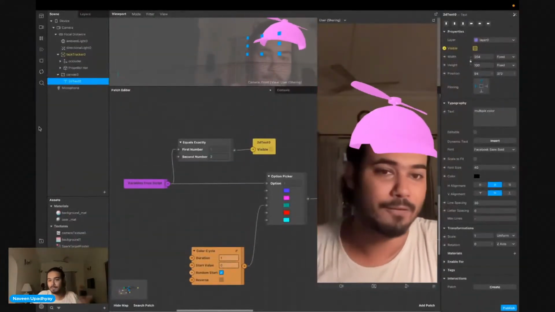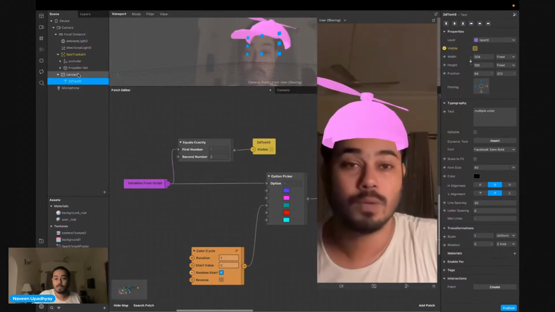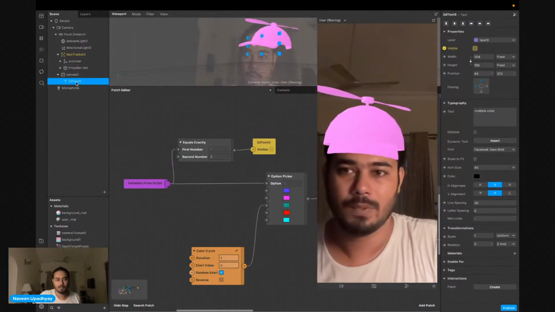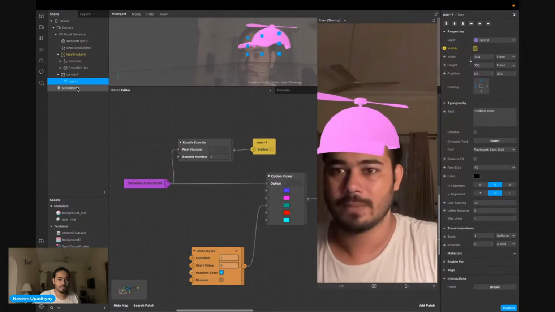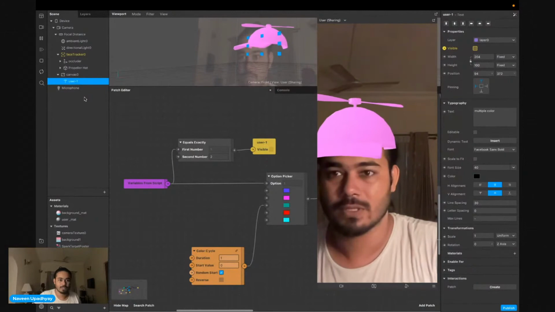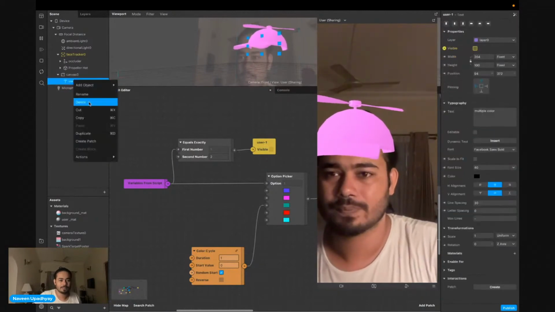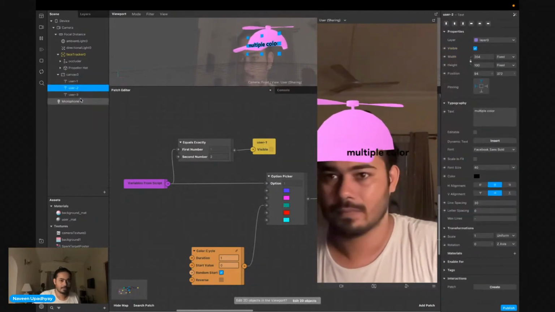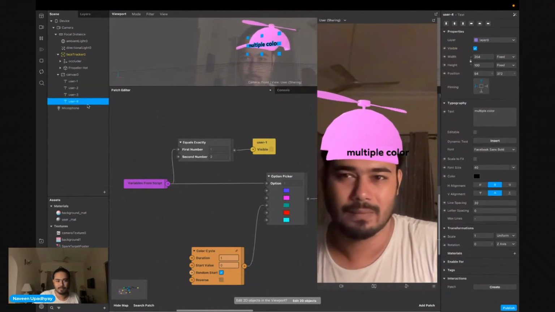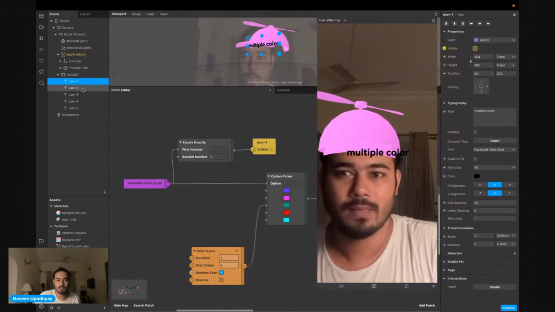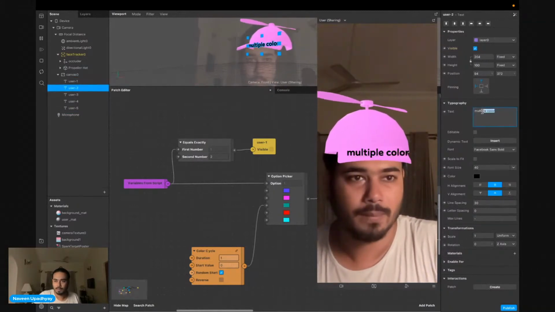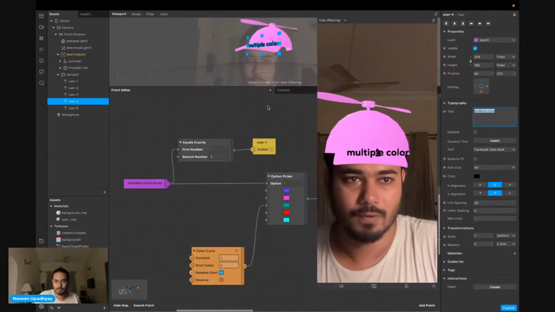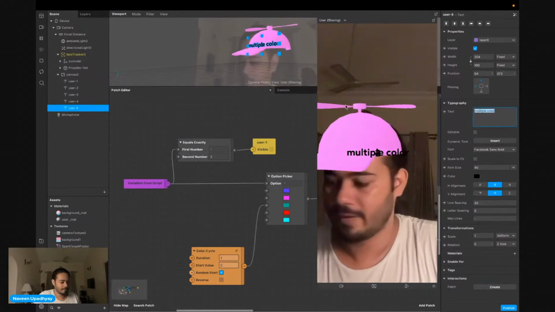For example, if you're testing when you're making effects, it's a good practice to have user one, and then you can have multiple of them. You can create multiple of this text box. Let's say we are testing 5 users. So when it is one, we can call it number one. This we can call number two. This we can call number three. This we can call number four. Let's call it number five.